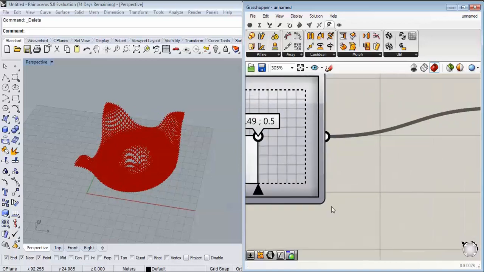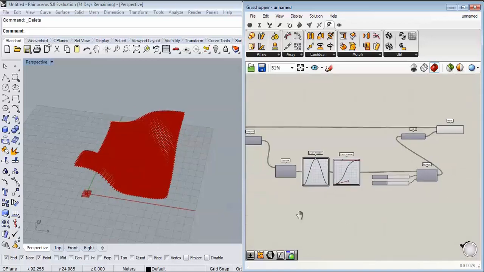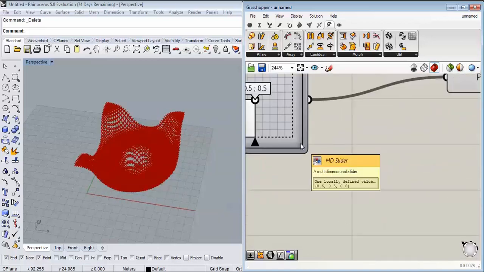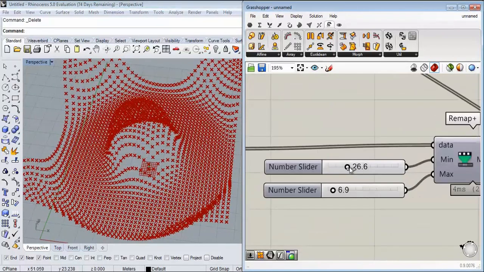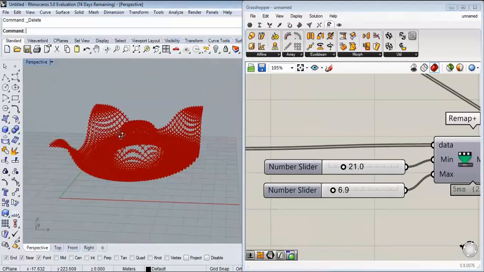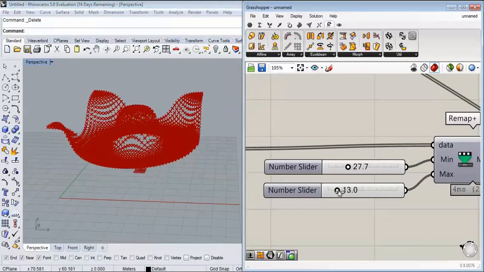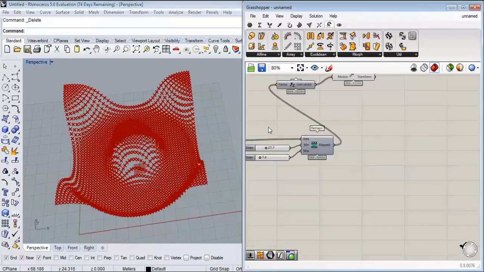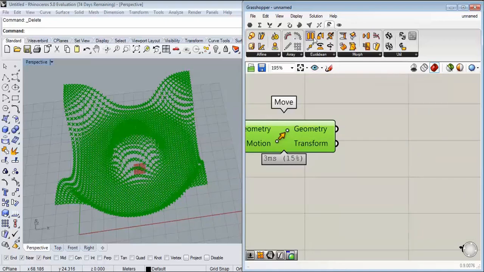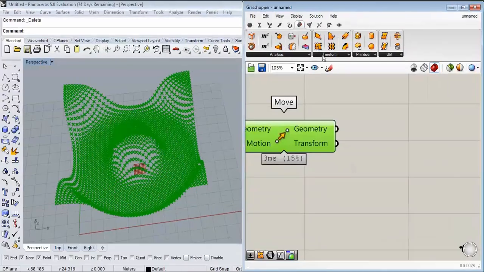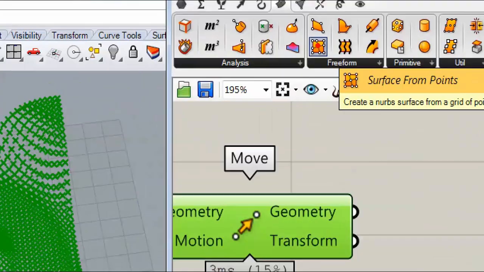Okay, so let me just go to the center. Okay, that's it. We had the surface. Now we need to just move these. We need to make a surface from these point clouds. So I'm going to the surface, and I'm using the surface from points,